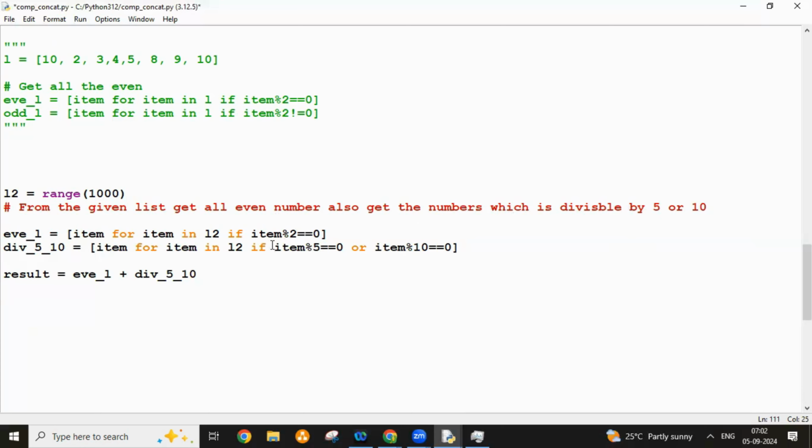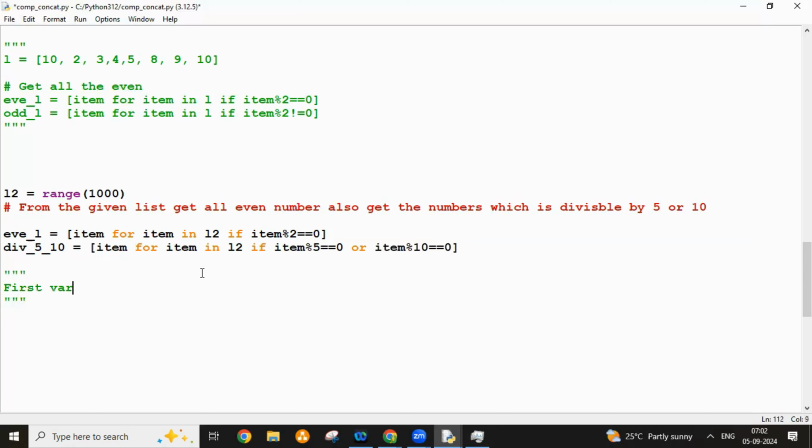In this case, we were in trouble. I'll tell you the trouble. Okay, the use case is, generally, blindly some people, the beginner developers, they directly make even numbers plus this one divisible by 5 and 10. They'll just do a plus and they're done, right? But originally not correct. For example, the